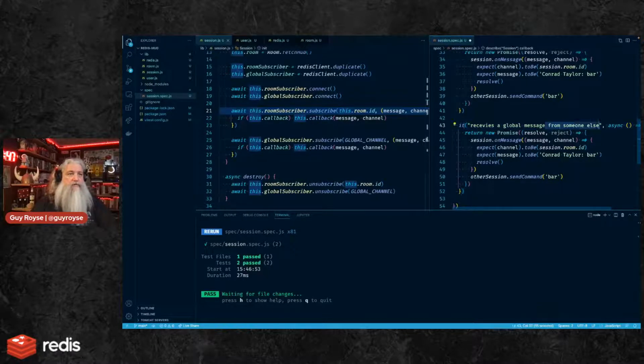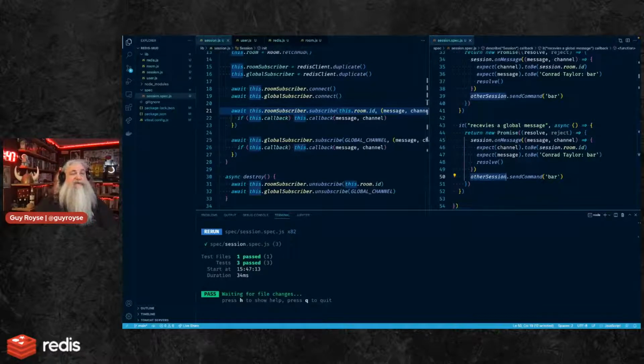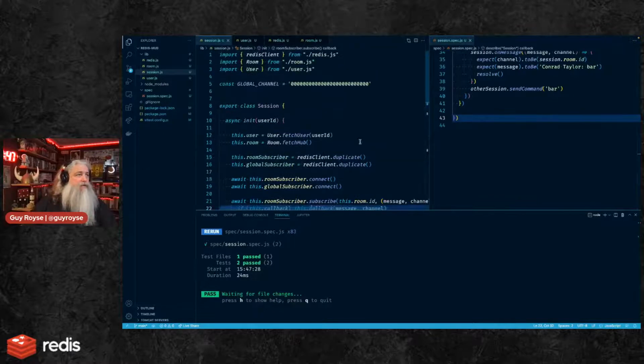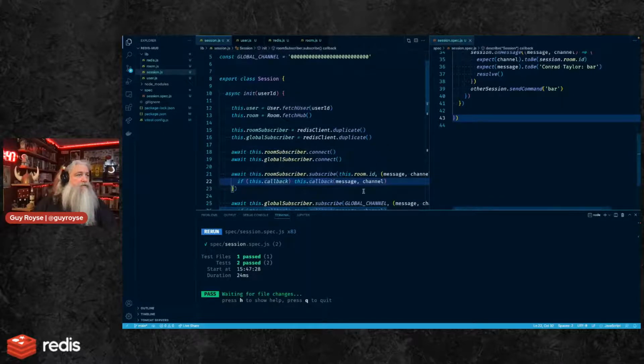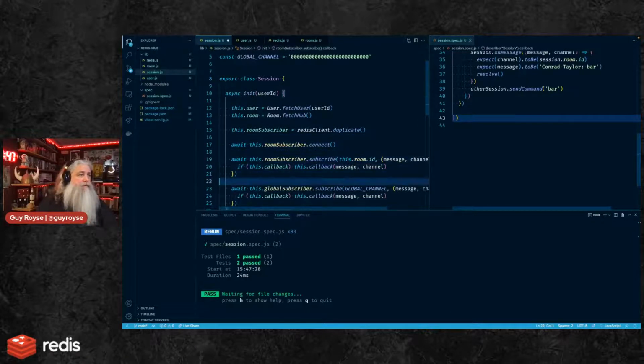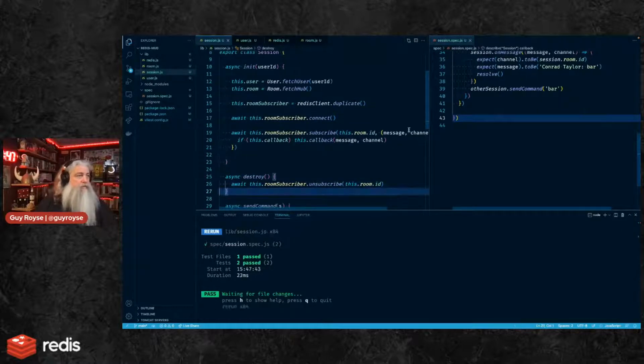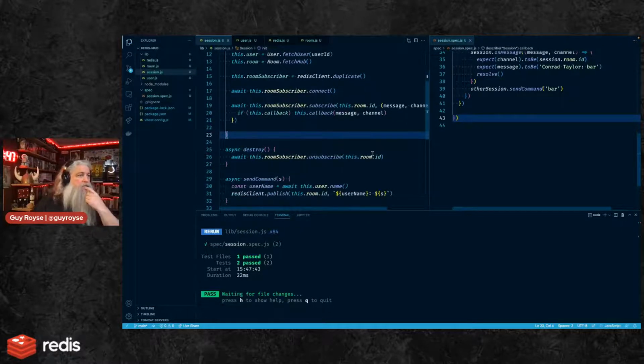And then I guess a global message. How do I want to send those? Yeah, I don't think I care about that yet, actually. I think I got ahead of myself. I don't have anything that's sending them yet. Let's just go ahead and get rid of the global bits here for now. Cool.